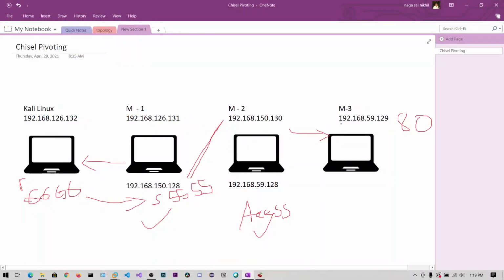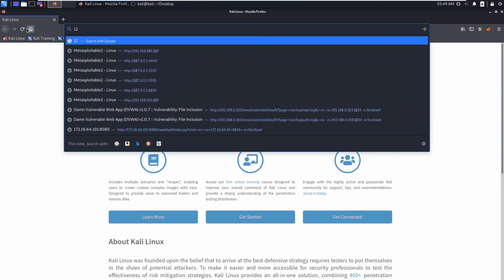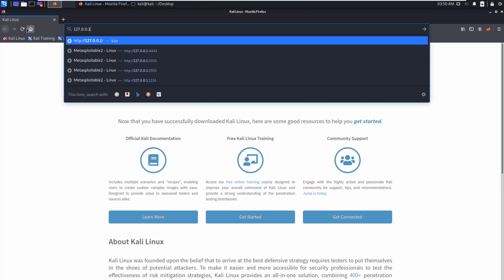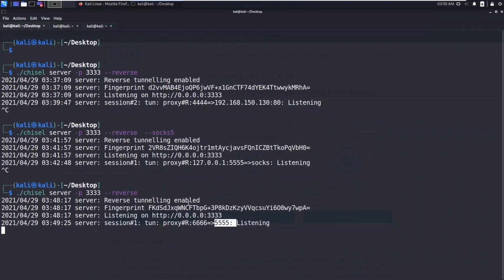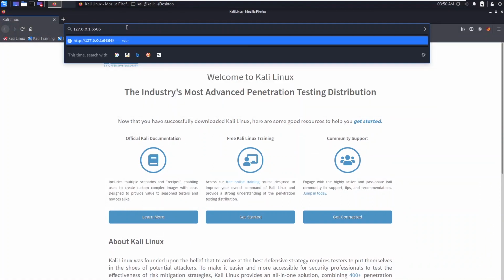What I need to do is just simply go to 127.0.0.1. So which port? This 6666 port, colon 6666, and hit enter.